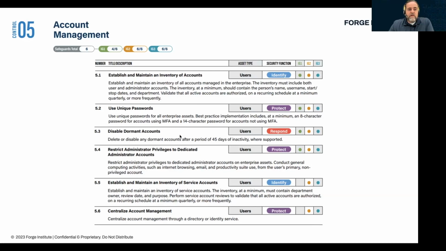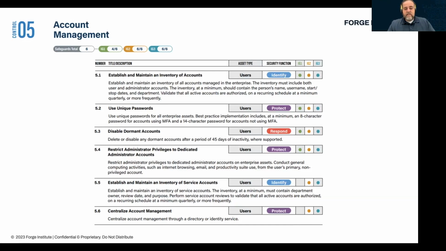There's more here. Actually, there's not more here, but there's more controls like this, more safeguards like this under the other major control categories. But as we go to the right here in each of these controls, you can see there's a security function there. Notice how those align with the identify, protect, detect, respond, and recover functions that we looked at in the NIST cybersecurity framework table of contents section very early on.